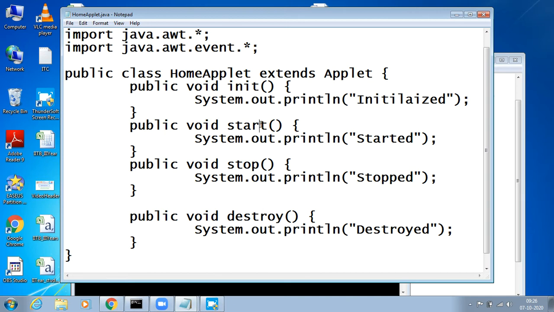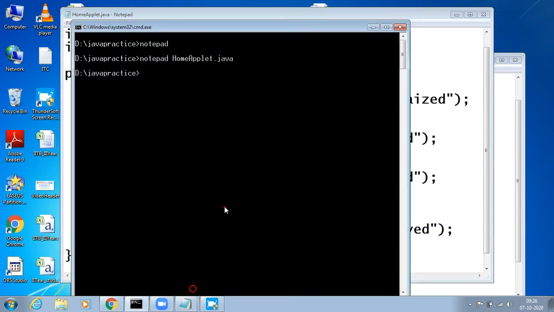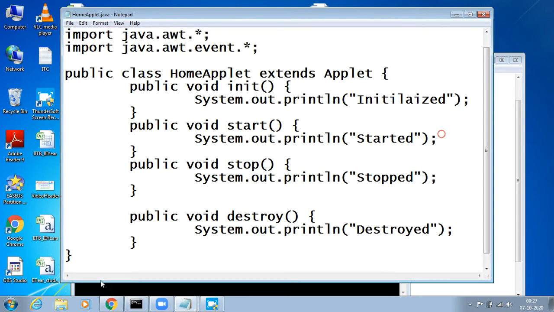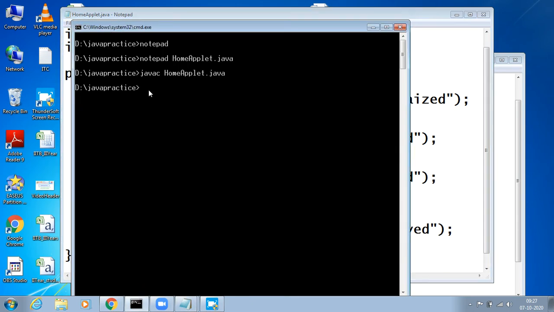Now, in order to run applet, if we compile the program, how do we compile? javac space the program name, home applet .java. See, it doesn't show any kind of error. But how to run the applet? To run the applet, I need to use a command called appletviewer, if you remember, appletviewer space home applet .java.